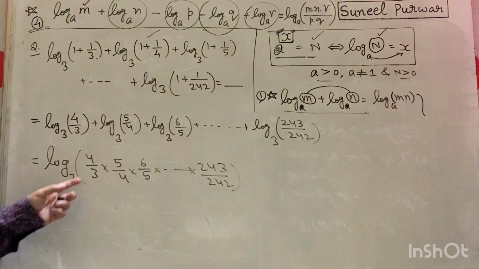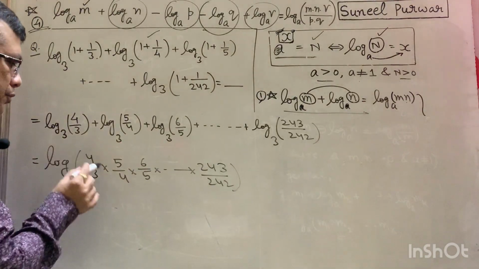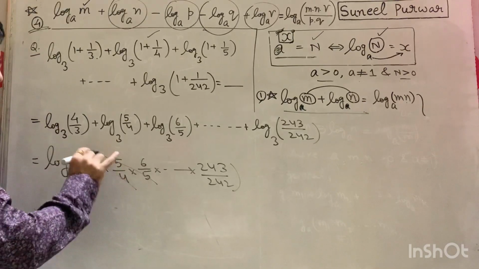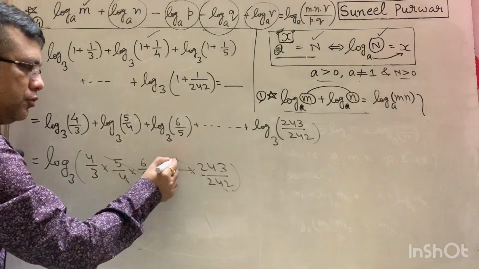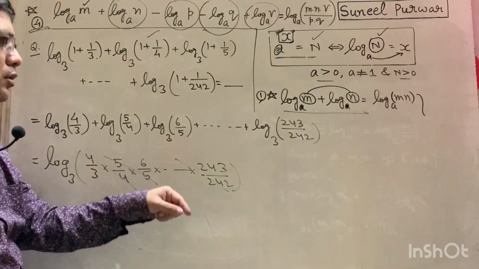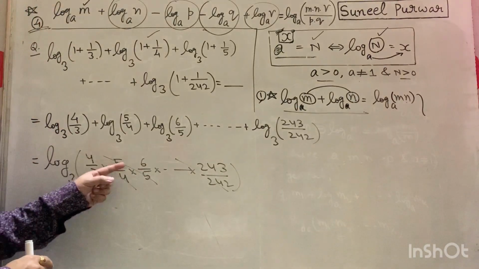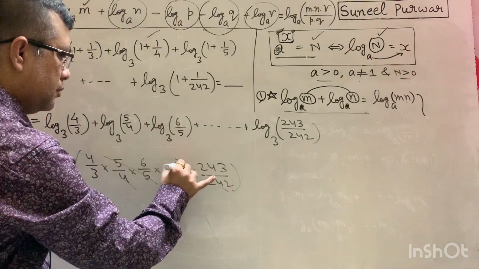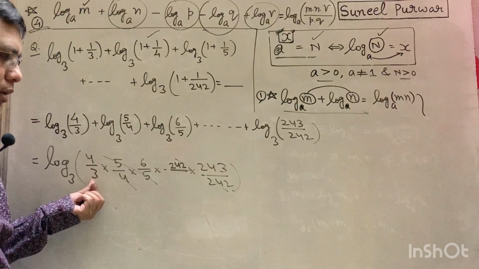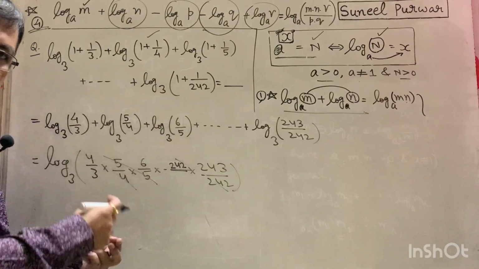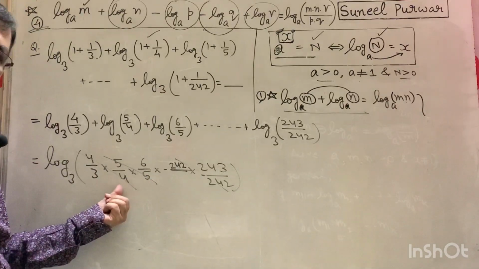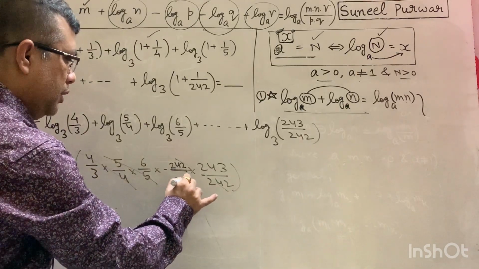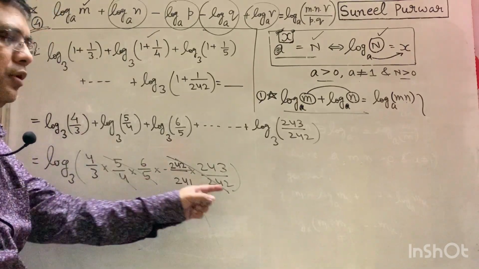So you can see these numbers are in a certain pattern. So this 4 gets cancelled, then 5 will get cancelled. So your cancellation is occurring in this way. This number 242 will cancel with what is going to the previous number. Can you see the trend? 4, 5, 6. So previous number will be what? 242 here. What are the numbers in the denominator? 3, 4, 5. They are increasing by 1. So this is 5, previous number is 1 less, 4. So this is 242, previous number will be 241, and so on. That's why you see this 242 got cancelled.